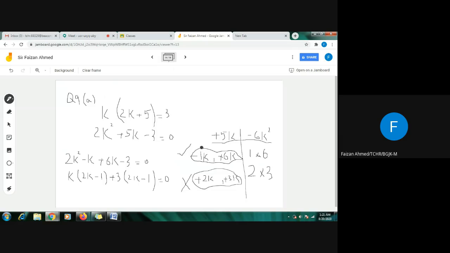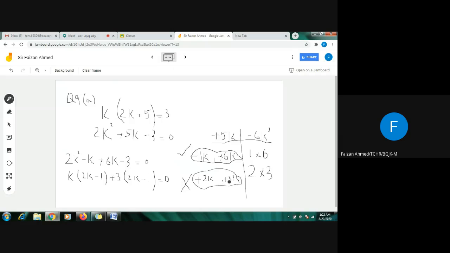I know that I have to multiply the corners. This is minus 3, this is 2k square, so this will be minus 6k square, and the middle term is plus 5k. I will make the factors of 6: 1 multiplied by 6 and 2 multiplied by 3. Now I have to decide which factor to pick. If I'm going with 1 and 6, I have to give 6 the greater sign, since the middle term sign is positive, so I have to give 6 a positive sign, and then subtract k from 6 to get 5k, so I will give k a negative sign.